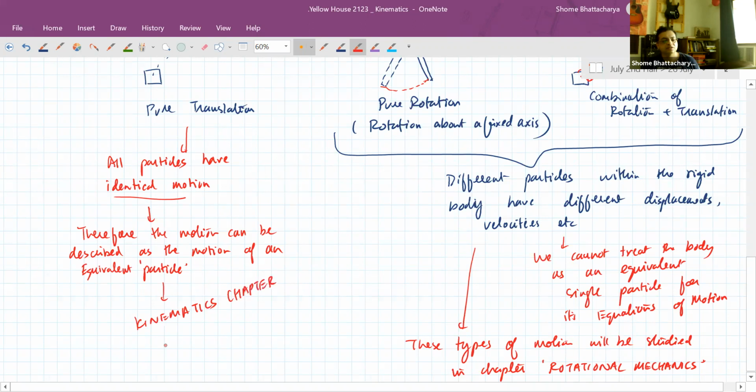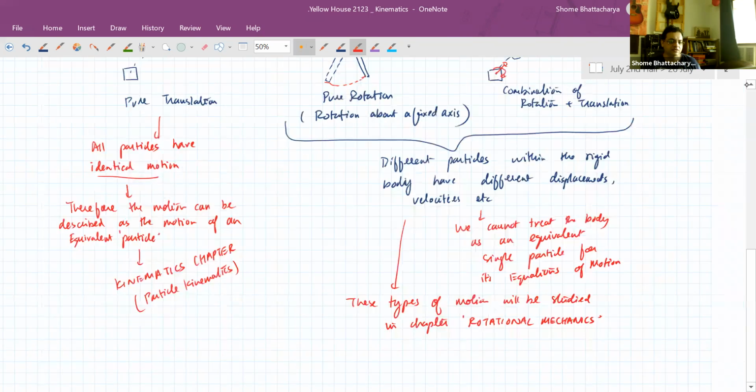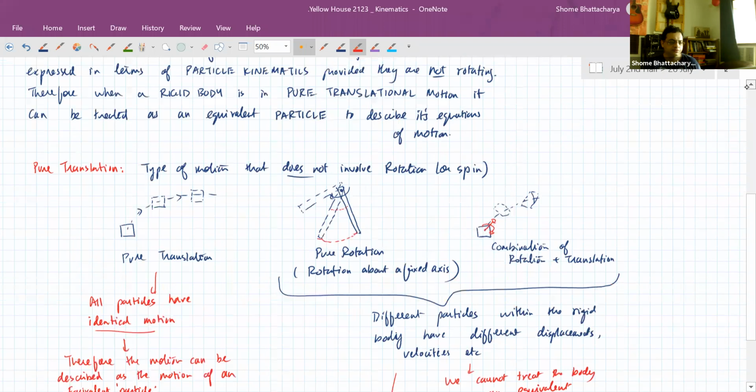Okay. Hence, the technical word for this kinematics chapter is particle kinematics. Rigid body kinematics we will be dealing with in rotational mechanics, and another name for rotational mechanics is rigid body mechanics. Okay. So anyhow,